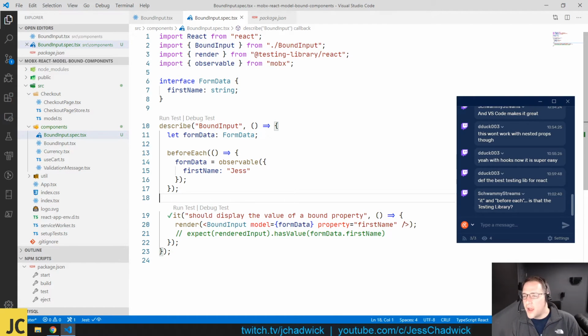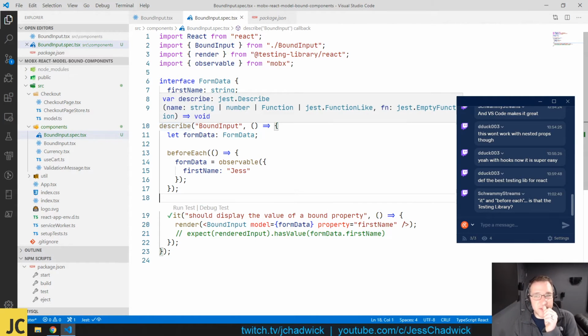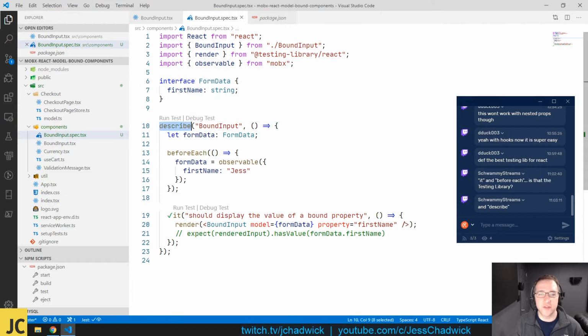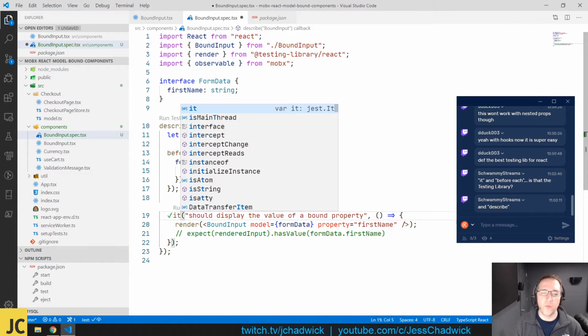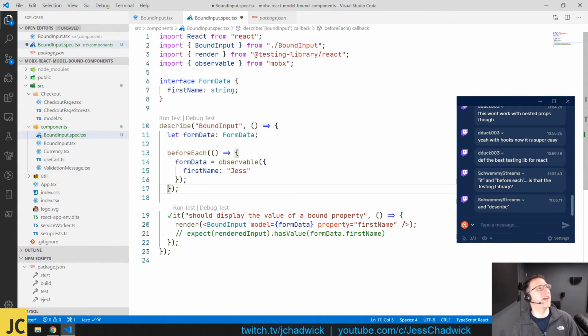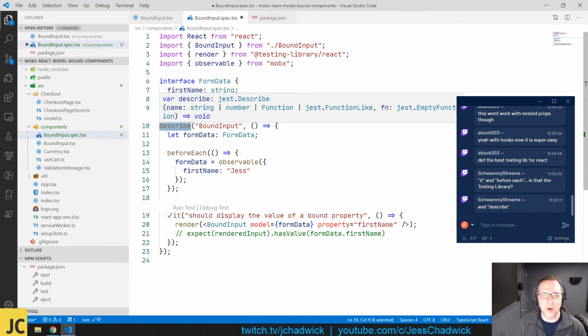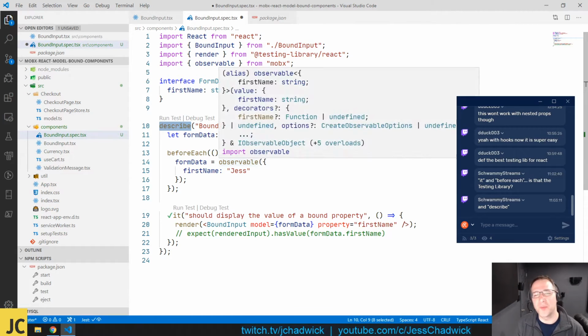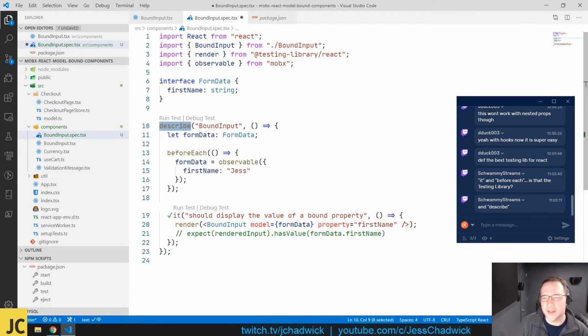Shwami asks, it and beforeEach, is that the testing library? No, not at all. This is Jest. Jest: describe, beforeEach, it, or test, or aliases. That is all Jest. And Jest uses, I think, the Mocha keywords. They're implemented by Jest, I think, is the simple answer. There are multiple frameworks that implement these methods in this style of testing, is what I'm trying to say. But I'm using Jest. Again, where and how am I using Jest? Well, it was installed for me